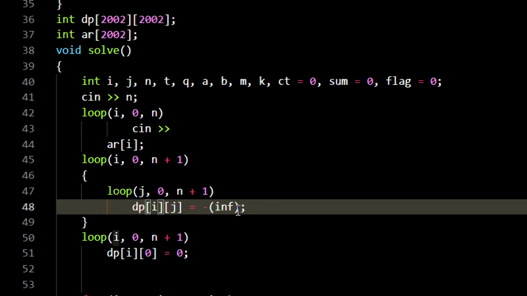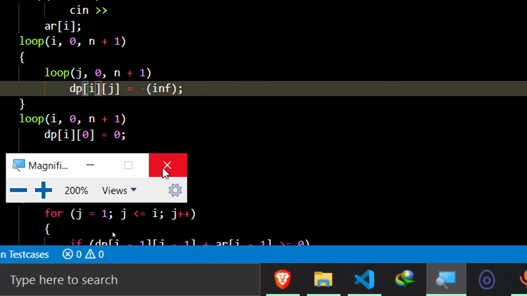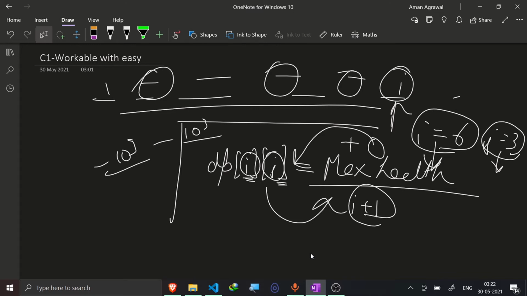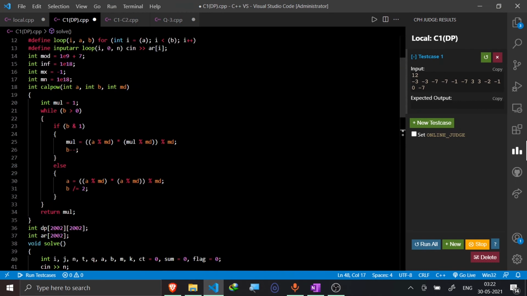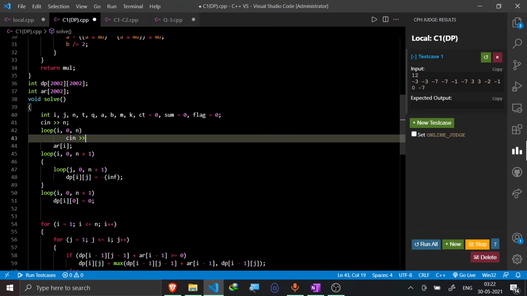Remember, here I cannot initialize it with -1 because the array elements have negative values as well. Some element could be -10 raised to the power 9 also, and some can have 10 raised to the power 9 also. So because the array contains negative values also, I need to assign it some very large negative value. So this infinity I have assigned here as 1e18. So I would be doing this.